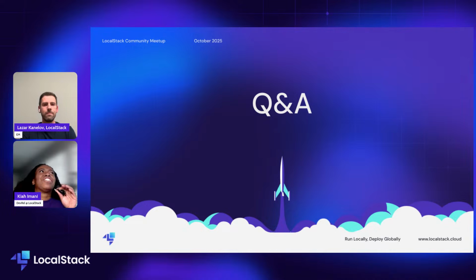Very cool. Can you share a little bit of insight on how LocalStack and LogicStar are going to be working together, and how that integration is going to work? Can you give us a little bit of details behind that?